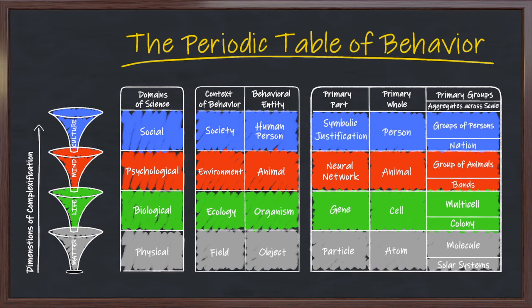So the periodic table of behavior shows that we can divide the different dimensions into primary levels that can further be differentiated into parts, wholes, and groups. And that gives us a levels by dimensions map. What that shows, or makes really the prediction, is that science will be able to be categorized by these different areas, because what science is fundamentally about is building maps of behavior change in nature.